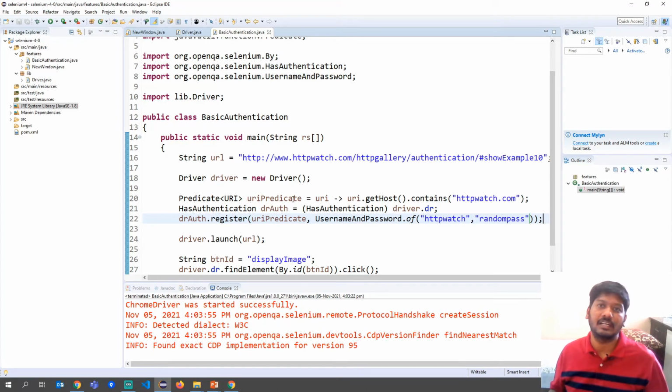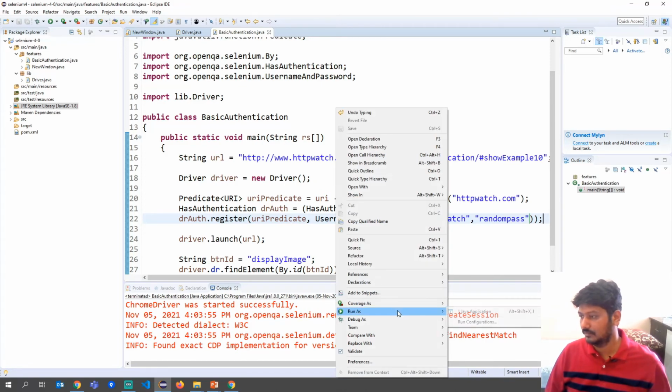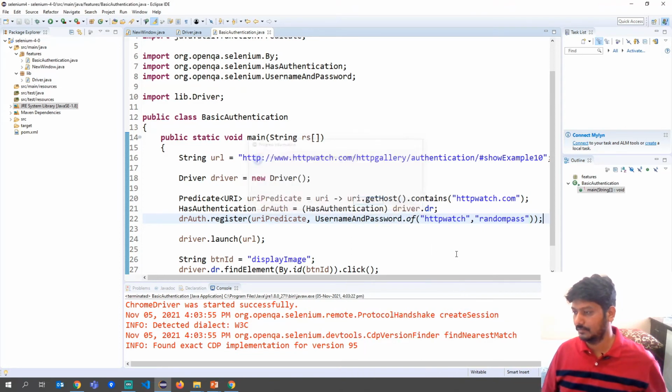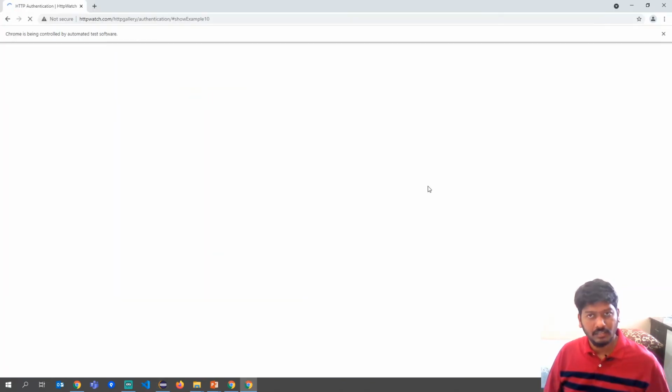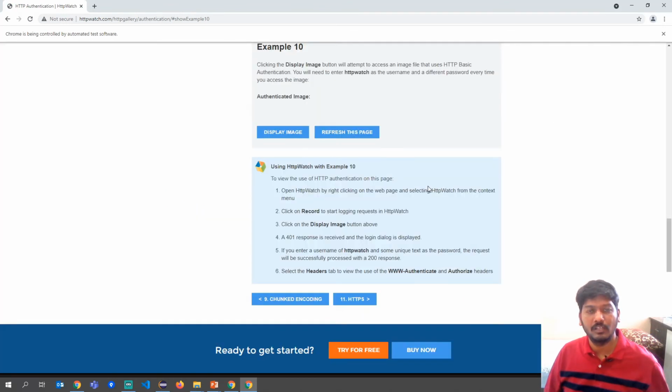Okay, we have not said that I have to enter the username and password in the pop-up or something. So here if you see, if I click on the button, it will not ask me for the username and password, but instead it will show me the image which was supposed to be shown after providing the details of username and password. So this is automatic authentication, especially for the basic type. Let us execute now and see. Okay, the browser has launched now, and it will click on that particular button.